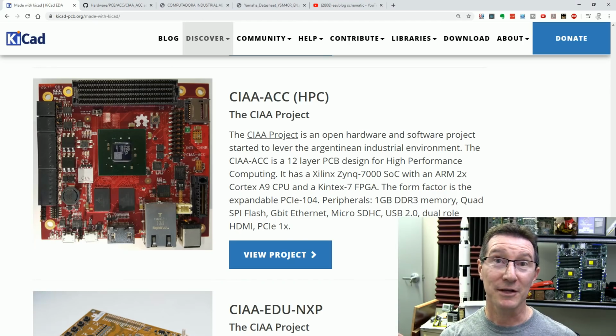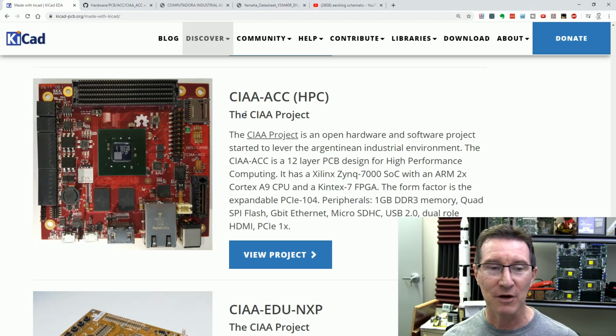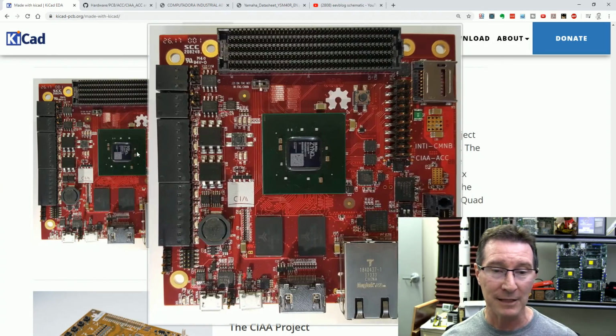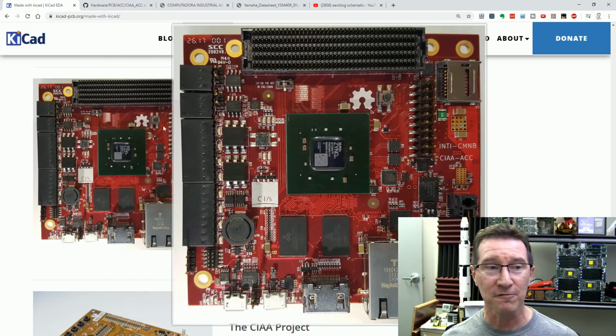Right, so I'm just going to go to the KiCad website here and get a project. Not necessarily random, I wanted a complex project. So I found this one, the CIAA. I've mentioned this one before. I've used this in some KiCad examples, and it's a 12-layer design. So hats off to the team that's done this. It uses a Xilinx Zynq processor, and it's hugely populated, a large number of parts, both front and back, as